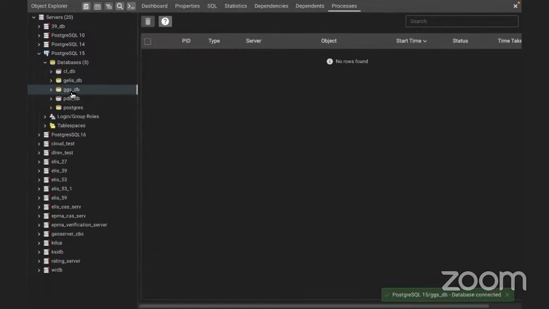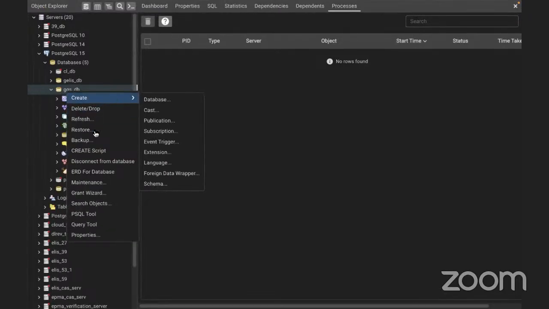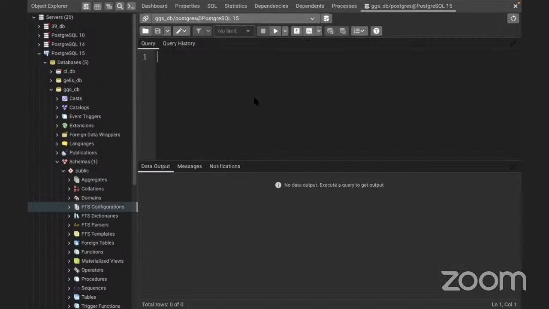By default, when you save any database, it doesn't have the geo dependency installed. So if you want to do that, you right click on this and open a new query window on it. When you get a new window, you need to create the special extension on that database. So we say create extension